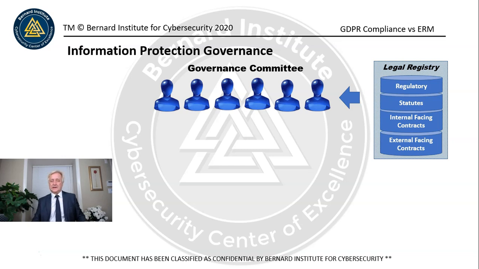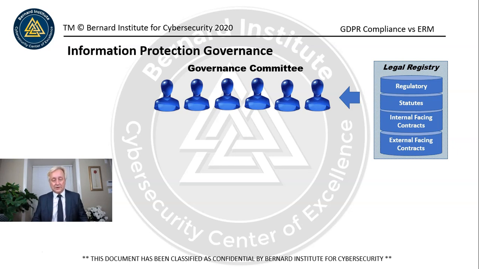Internal-facing contracts, I'll give you an example. So if we have a licensed product that we're using, Microsoft, Cisco, or what have you, Oracle, or PeopleSoft, or Salesforce, whatever that product is, we have some obligations to that organization to make sure that we protect their intellectual property. So that's what an internal-facing contract usually talks about, is how we protect the assets that we've licensed from somebody else. External-facing contracts are all about our customers and suppliers and a number of other groups. So this is where flow-down clauses or other types of schedules or articles might come into play.